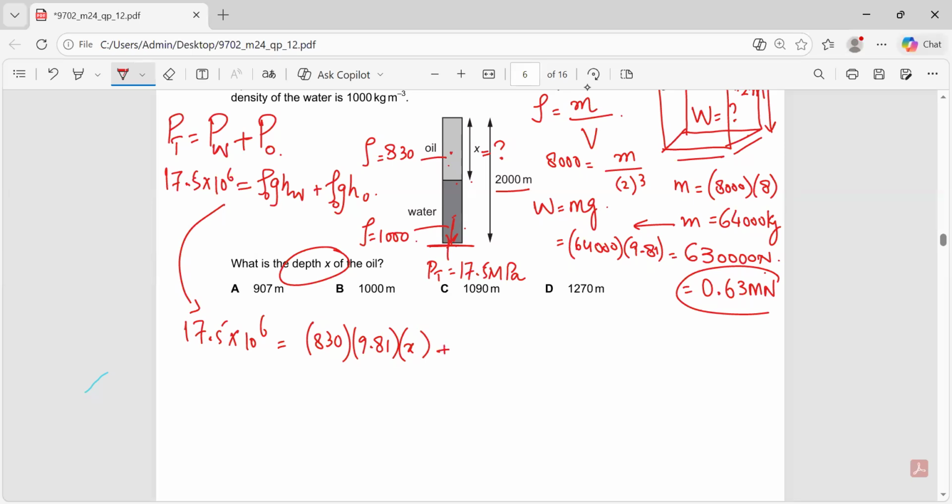X. Plus what is the density of water? Density of water हमारे पास कितनी है? 1000 given है. The value of g is 9.81. And what will be the height of water we are going to take? It will be 2000 minus x. So you have to solve whole of this relation. So ultimately you will be ending with the value of x as